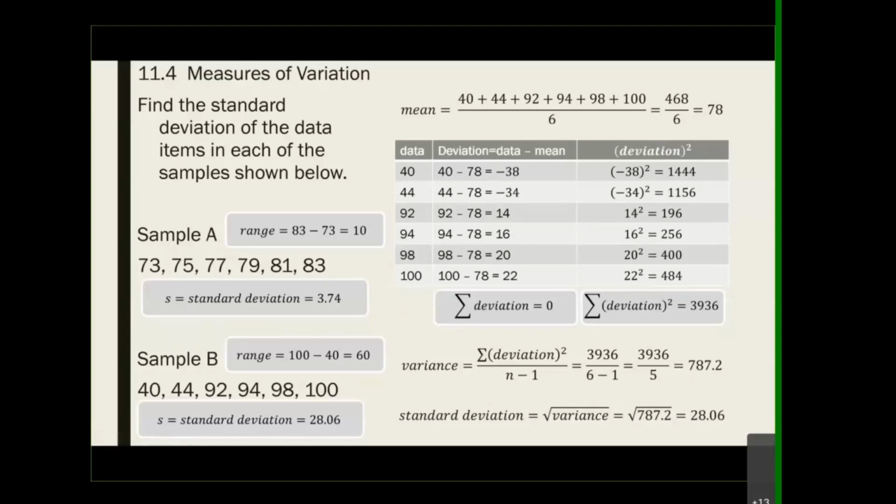From the smallest data to the biggest data, there's only 10 units apart, meaning all of your data kind of cluster together. But now sample B, as you can see, the highest data is 100 minus 40. There are 60 units of separation between the smallest data and the biggest data, meaning they are spread out a lot. And the bigger the spread of your data, if they spread out a lot, then we can see that